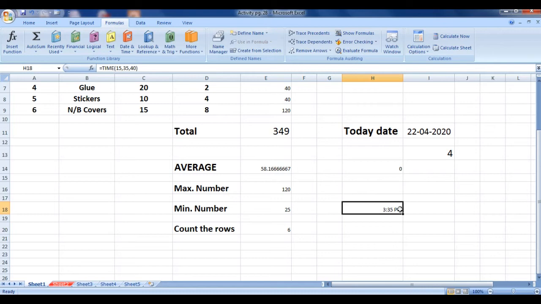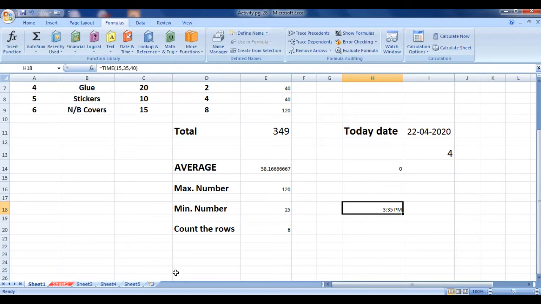So this is the time function, and I have given you an example of how you can use the function library. However many functions you want to use, even in maths like sin theta, cos theta, whatever you want to give, you can calculate these values from the MS Excel sheet by using the insert function. If you want to use maths, then you will go to the math and trigonometric functions. So this is the method of how you can use this. I think this topic is clear to you. Now we know how to use the function library.